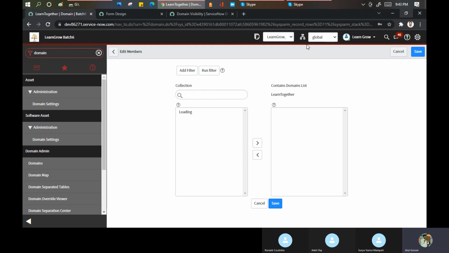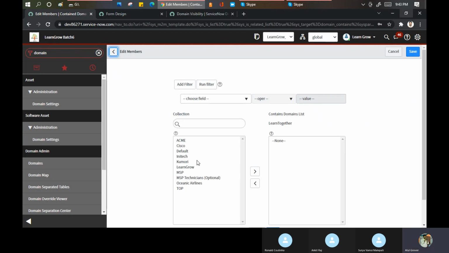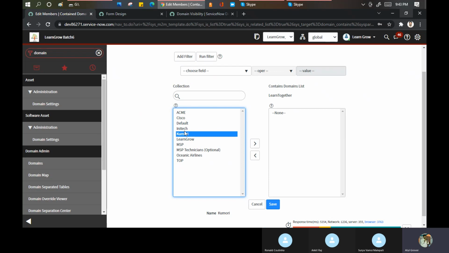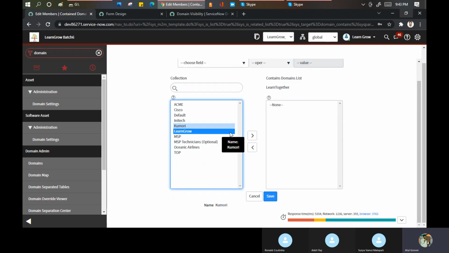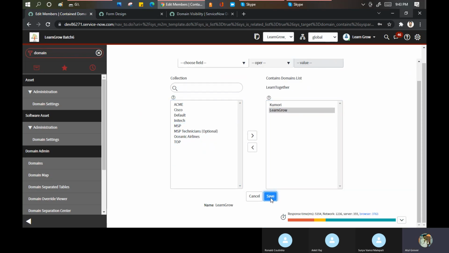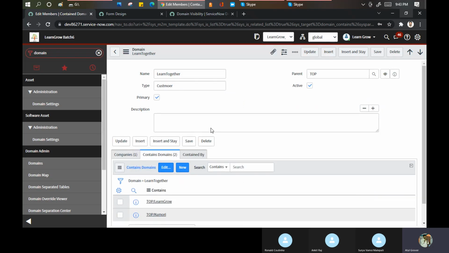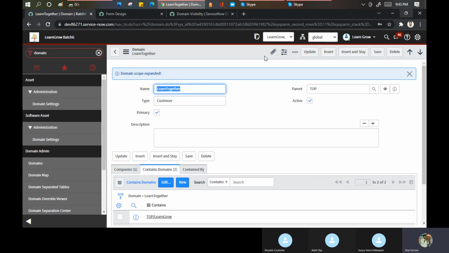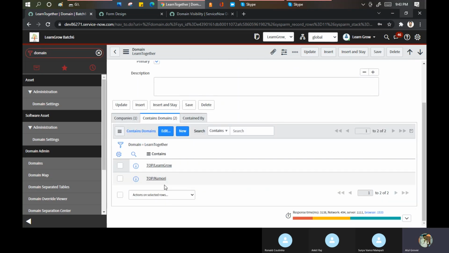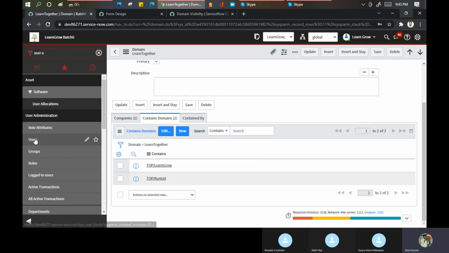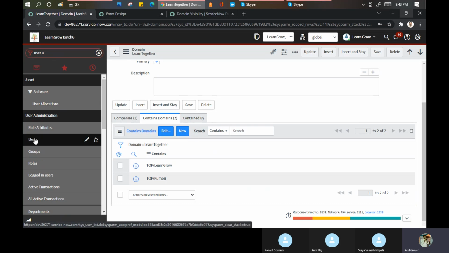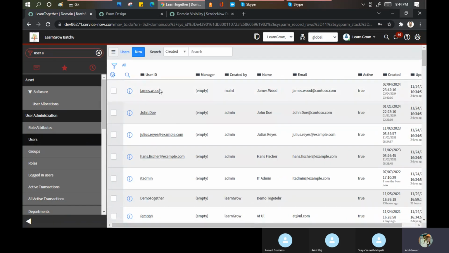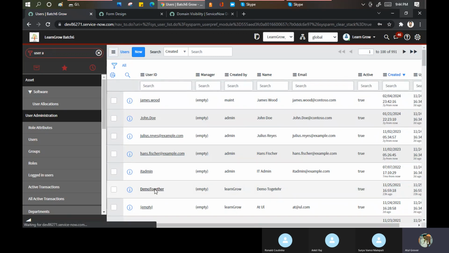And now you can see, I can give access for Qumiro and save. Now if I create any user in this domain, they will be able to see the data of this domain as well. Let's go to User Admin and the user, Demo Together.